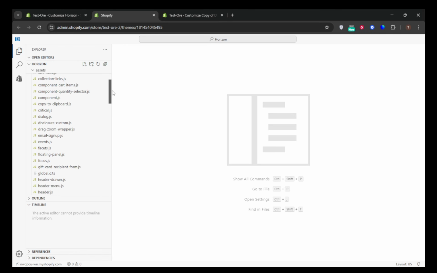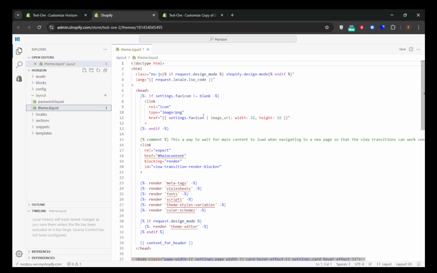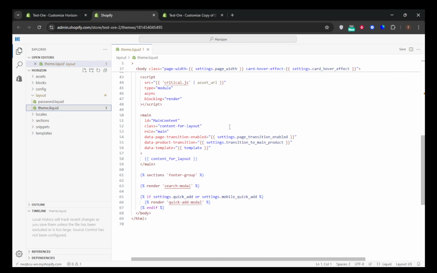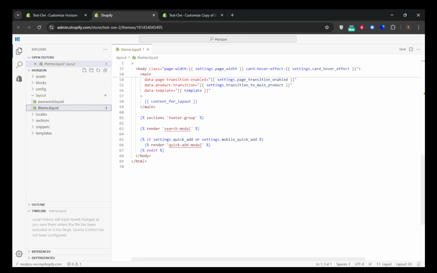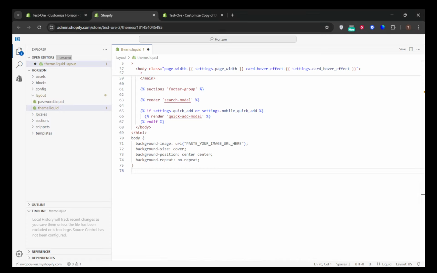Once you've found the right file, think about which section of your site you want to change. It could be the background for the entire site or just a specific section like a banner on the homepage or the footer. To add your image to the entire site, you'll use a bit of custom CSS. Insert the following code at the bottom of the CSS file. body { background-image: url(paste your image URL here); background-size: cover; background-position: center; background-repeat: no-repeat; }